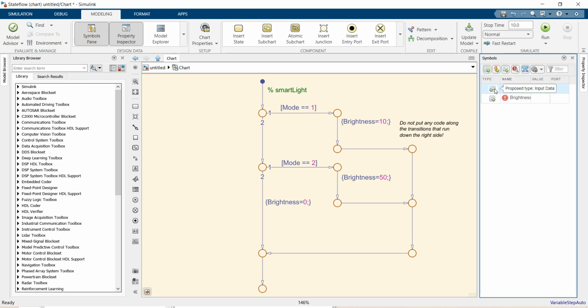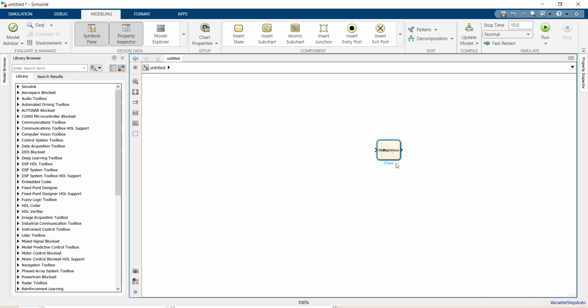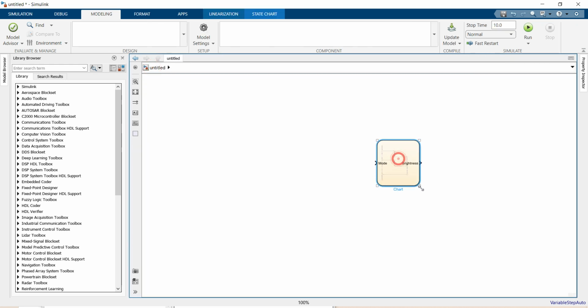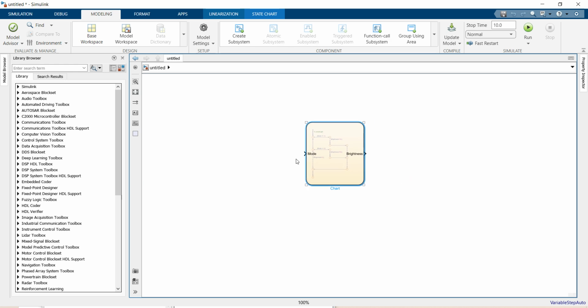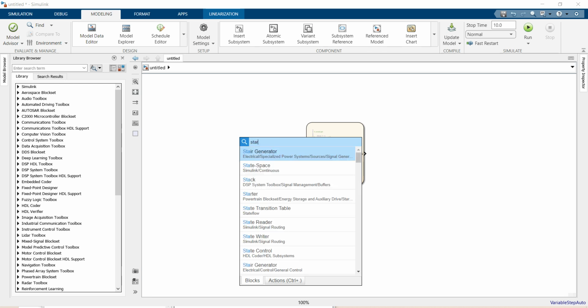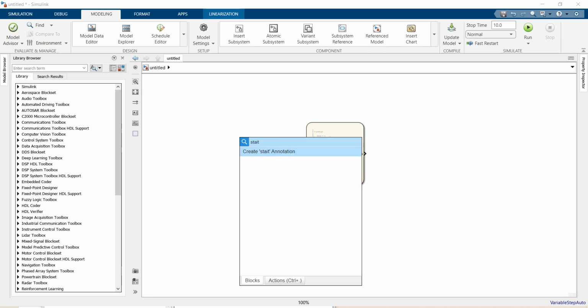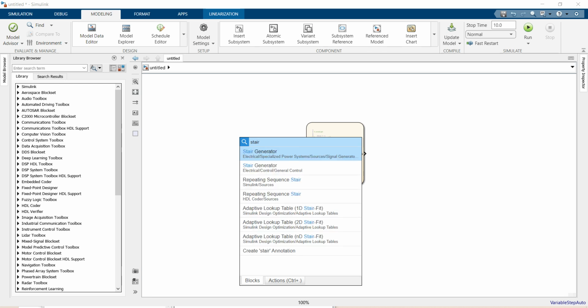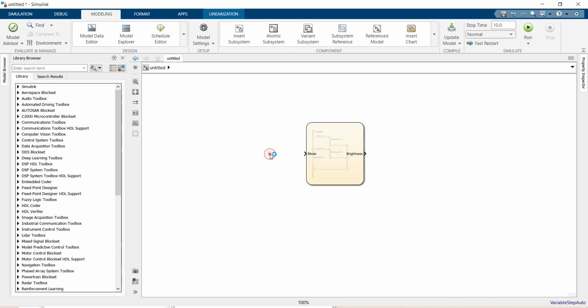Here mode is input and brightness is our output. I'm clicking on this icon to resolve the symbols automatically. Then we have to go back to Simulink, and I need a stair generator block to give input to mode. Type STAIR, and you will see a stair generator block under electrical specialized power systems and sources. Click on this,